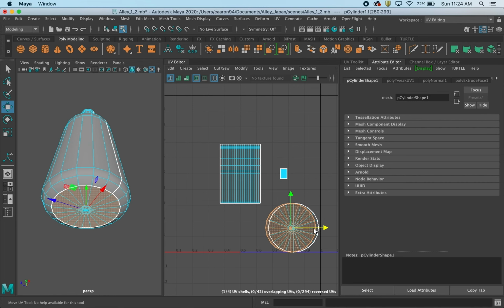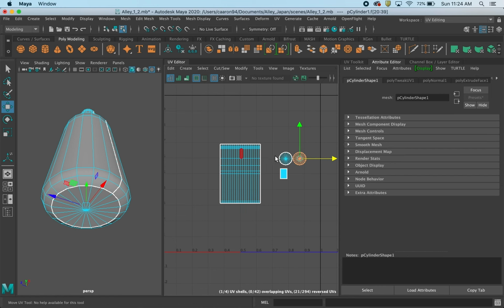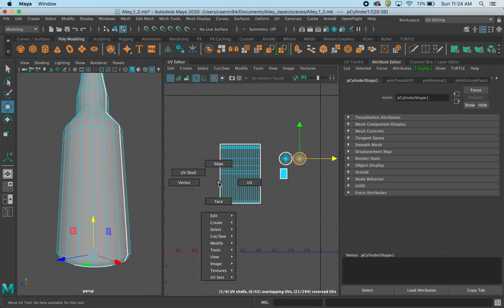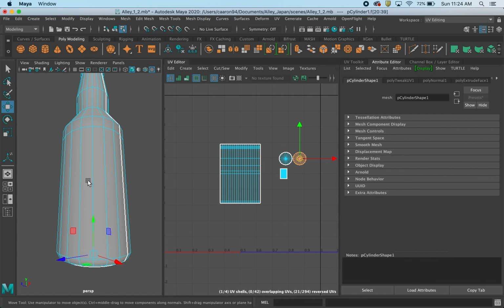I'm going to bring these over. I'll hold shift and select this other one, and then I'll hit R so they're both selected, and I'm going to scale them both down to something that's just very small. I don't really need them at all either. And I can leave them as is. I could even put these on top of each other if I wanted to, because they can be overlapping. So the main thing I want to do is grab these faces here,